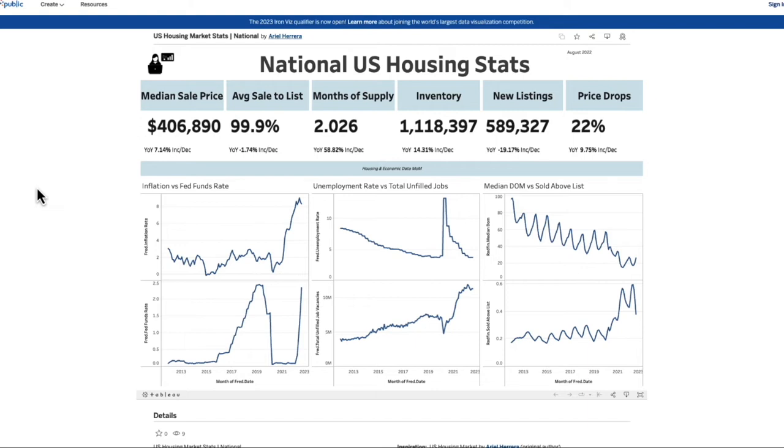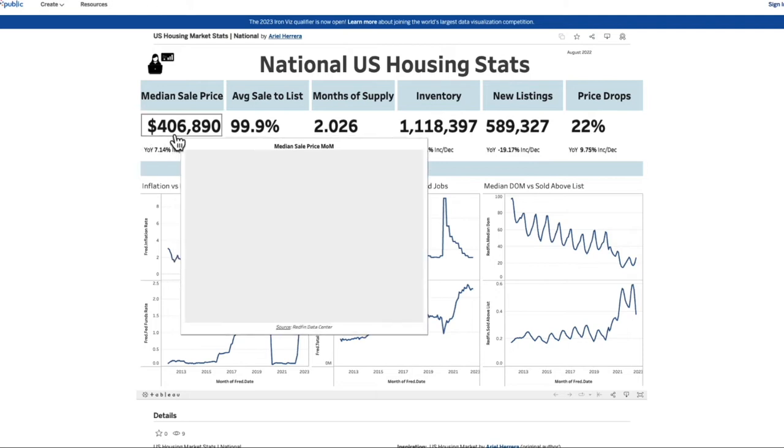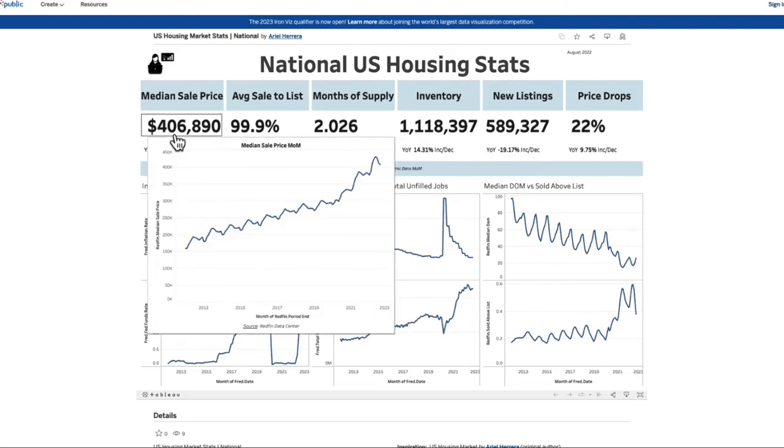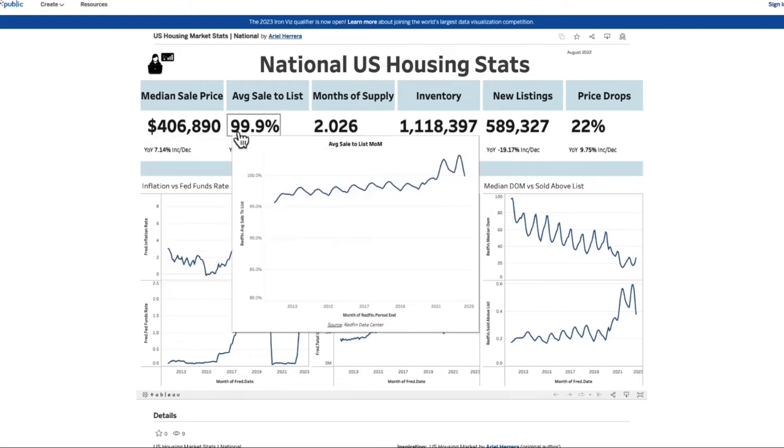We could see here that we have national US housing stats. We can quickly see for the month ending in August 2022 that median sale price was at $406,000. We could see from 2012 onwards that this has really increased over a 10-year time frame. We could see average sale to list, meaning say if a home was $100,000 listed but ended up selling at $99,900, what that relationship is, and we see it starting to decline in 2022 where less houses are going over